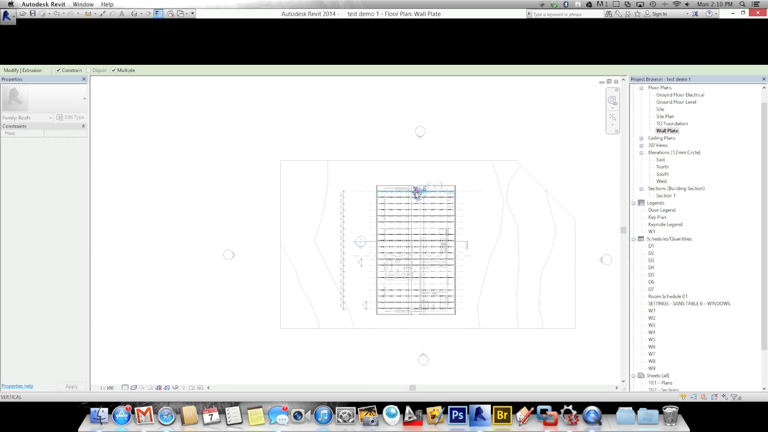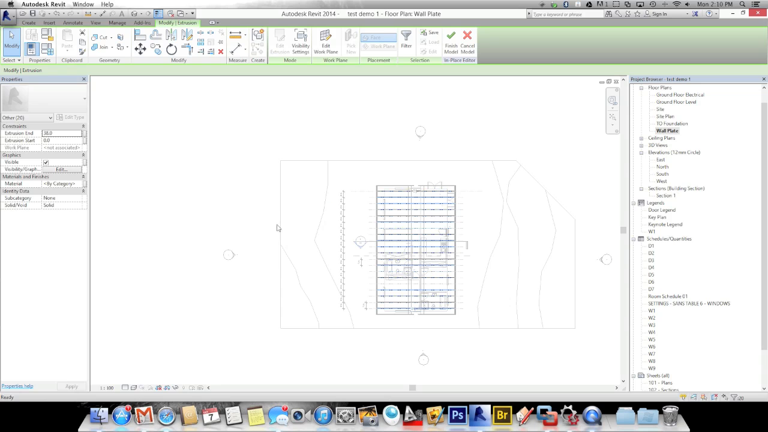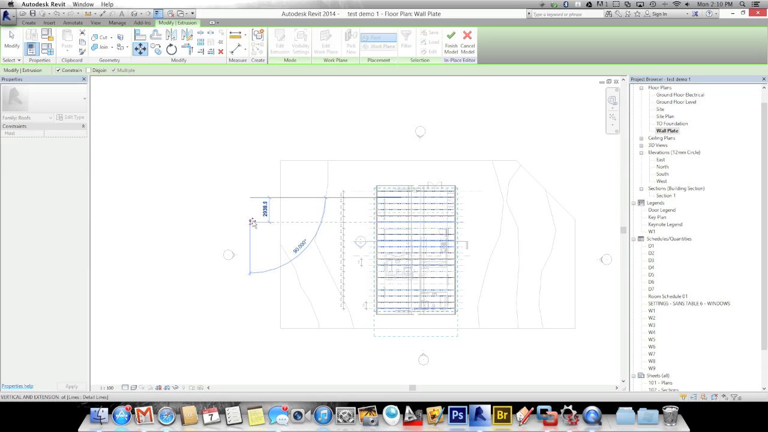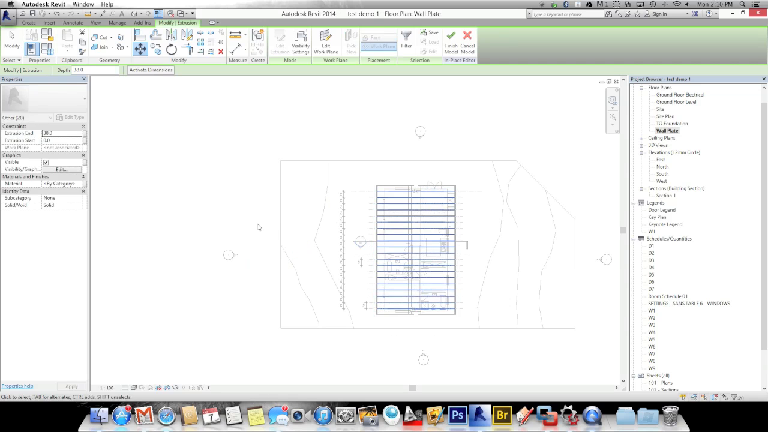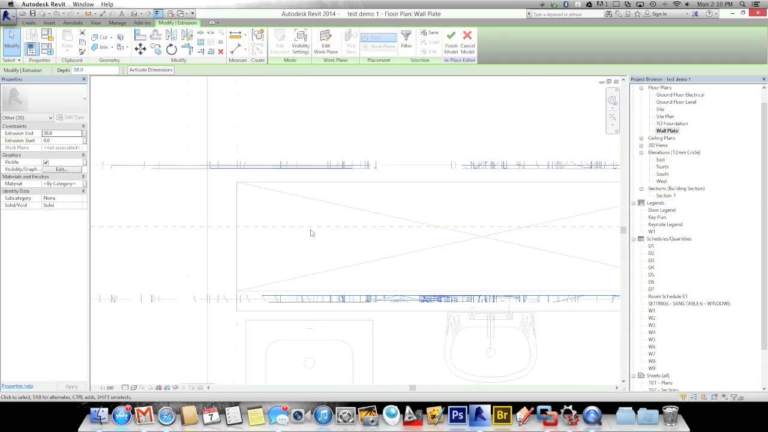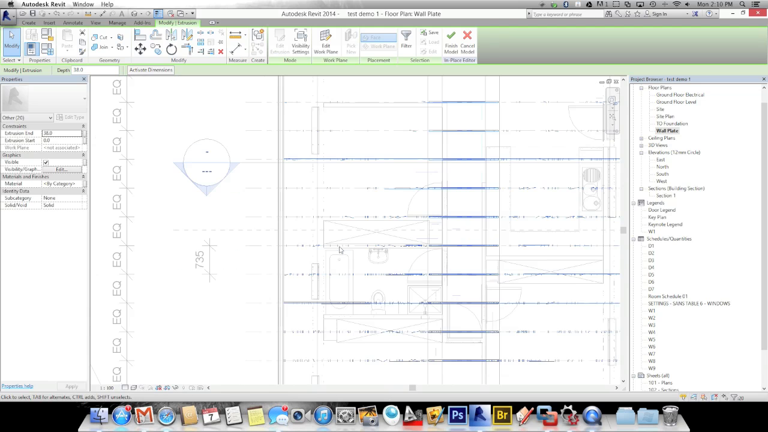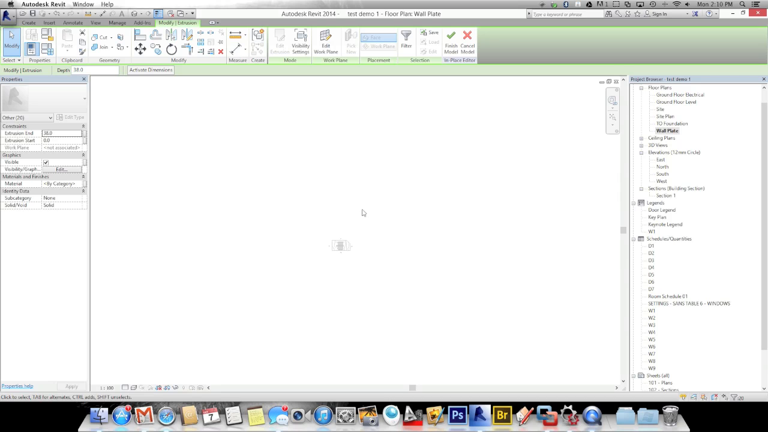Done. Now I'm going to select all of them and move them by 19. They should now all be centered. There we go. They should now all be centered. And if we go into our 3D view,